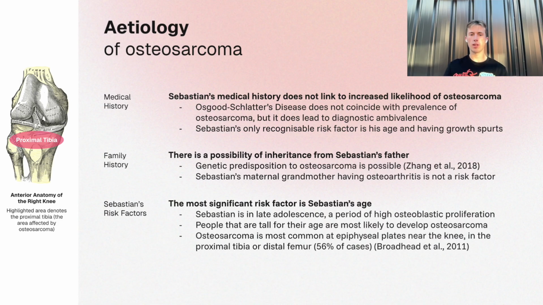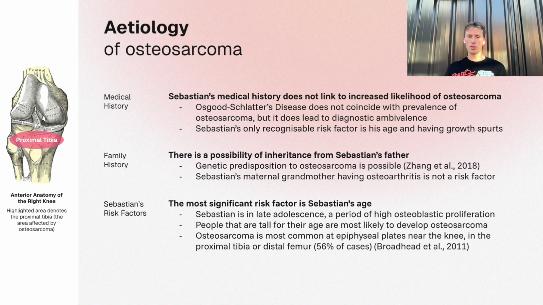Genetic risk factors include Li-Fraumeni syndrome, which gives predisposition to mutation of the TP53 tumor suppressor gene. Inheritance of Rothmund-Thomson syndrome can also contribute. It is an autosomal recessive disorder characterized by mutation in the RECQL4 gene. Alternatively, hereditary retinoblastoma, mutation of the retinoblastoma gene RB1 on chromosome 13q14, can also contribute. Hereditary predisposition is scarce, as mentioned, it makes up 4% of cases. Due to the lack of cancer in Sebastian's maternal side of the family, he may have inherited a mutation from his father's side of the family, as little information is known.